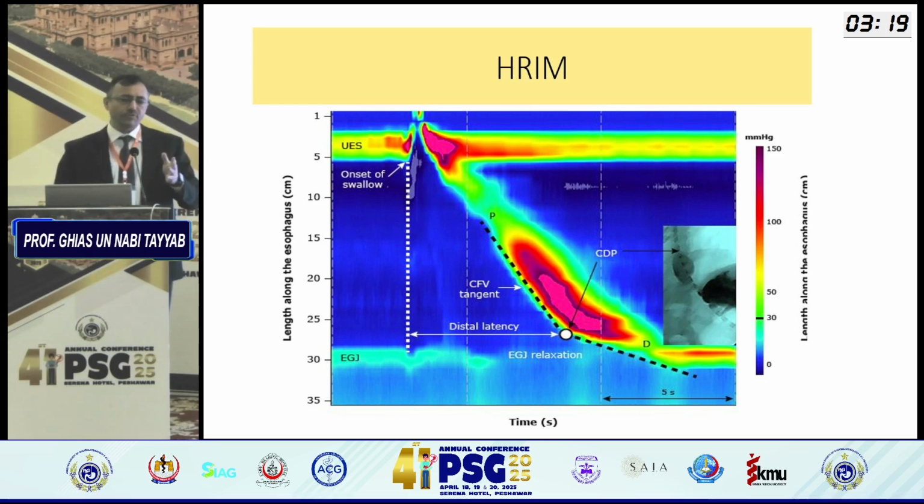All those who have appeared in the FCPS part 2, most of the time they get this film. If there's increase in pressure in the lower esophageal sphincter, straight away we say that this is achalasia cardia. But the important information that we want to get on the basis of high-resolution impedance manometry is the typing. Are we dealing with type 1? Are we dealing with type 2? Or are we dealing with type 3?